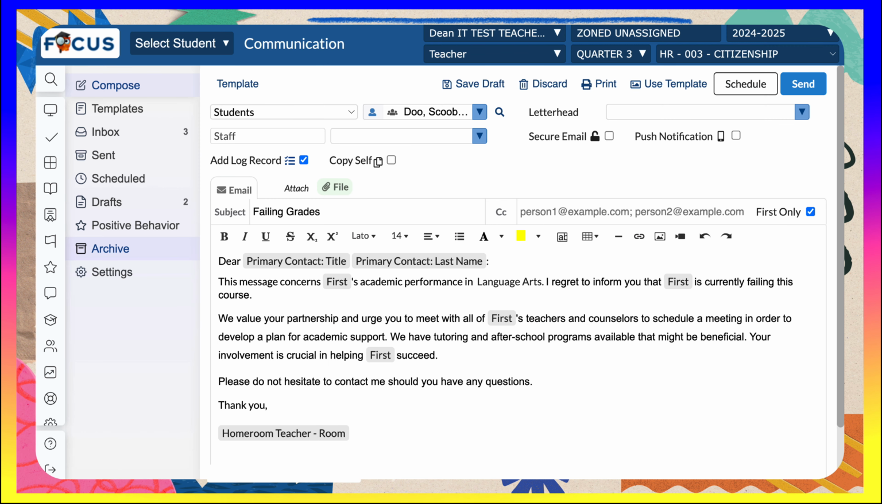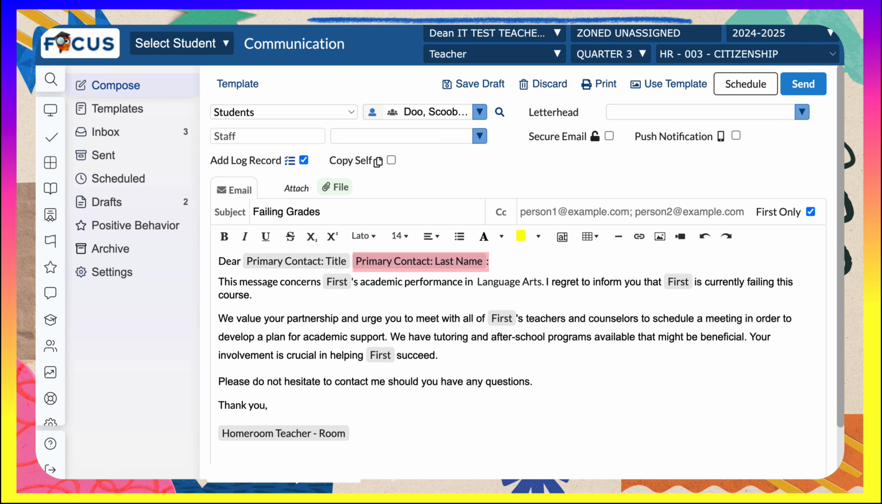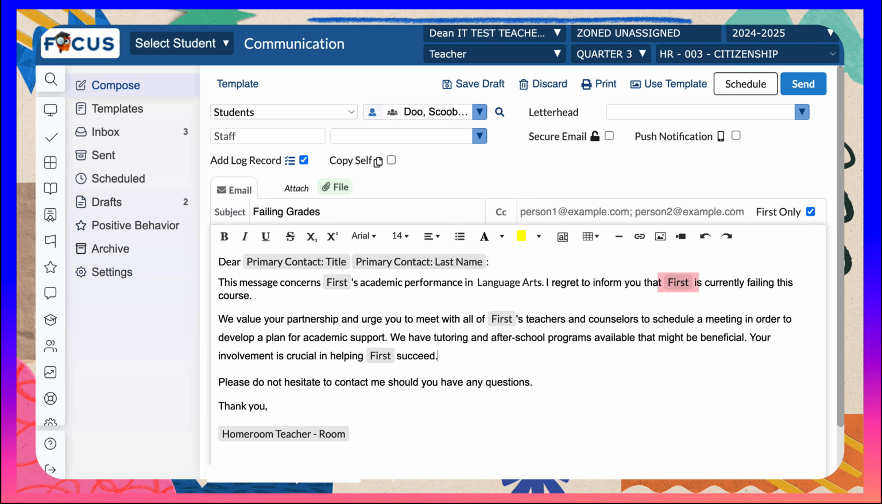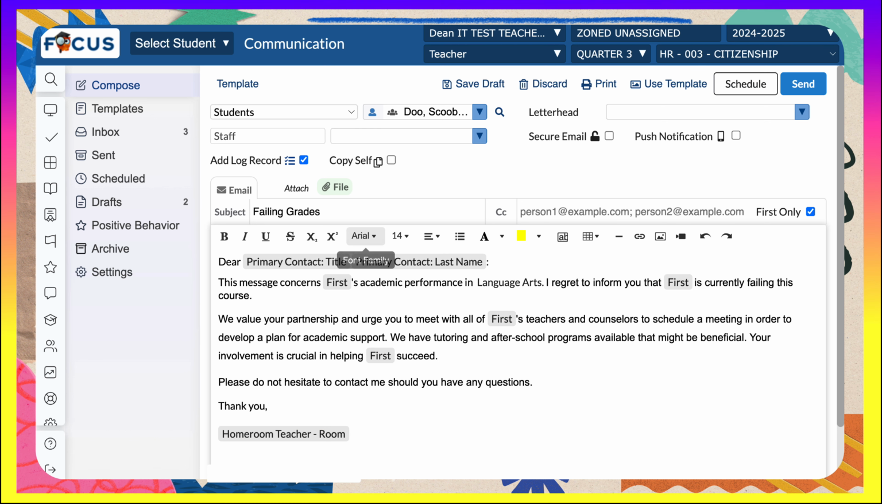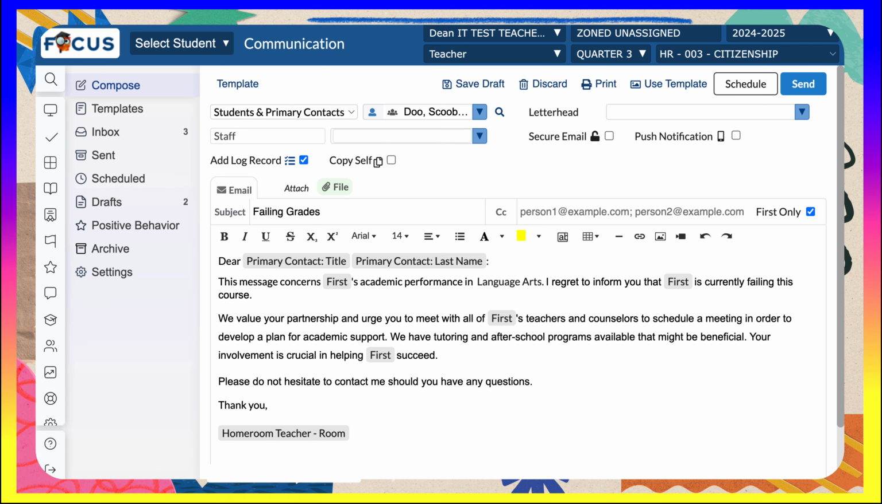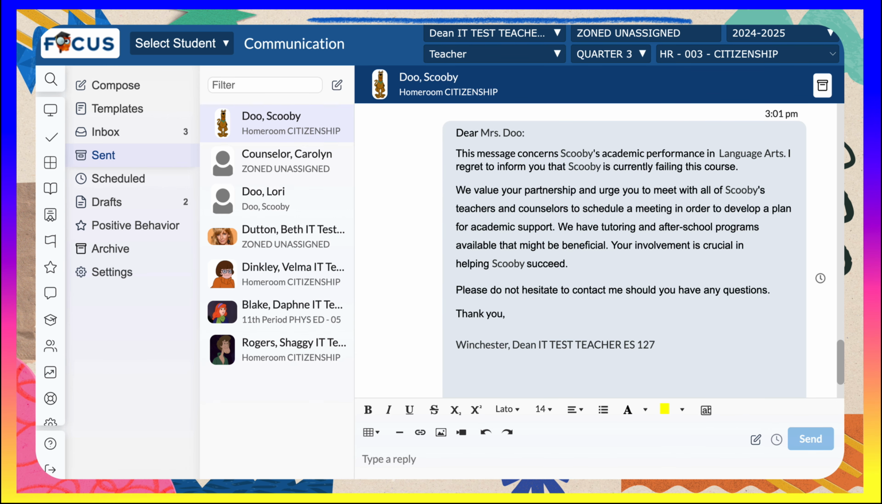Make sure it says exactly what you want it to say. Notice that this one has the title, Mr., Miss, Mrs., and then the last name of the contact. We've also personalized the fields to include the student's name throughout the email and added a teacher's name at the bottom. Again, we want to send this to the students and primary contacts, and then we can go ahead and check the push notification. Select Send,